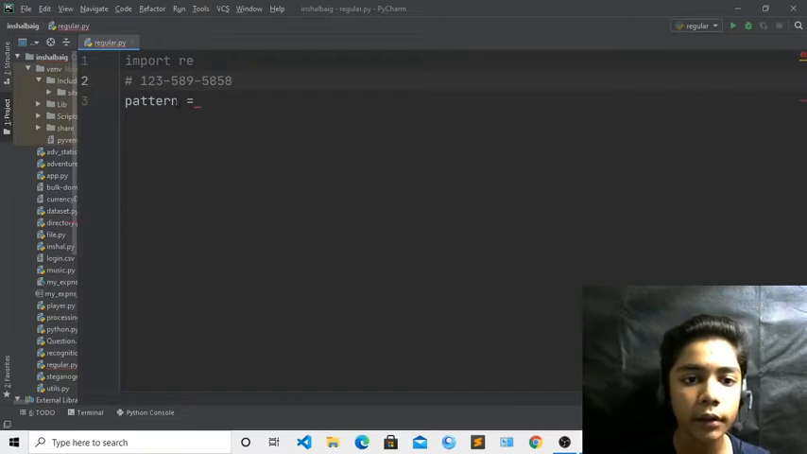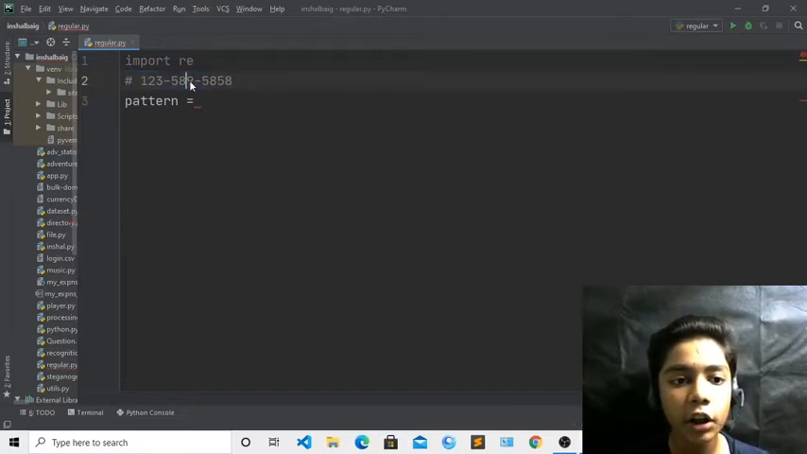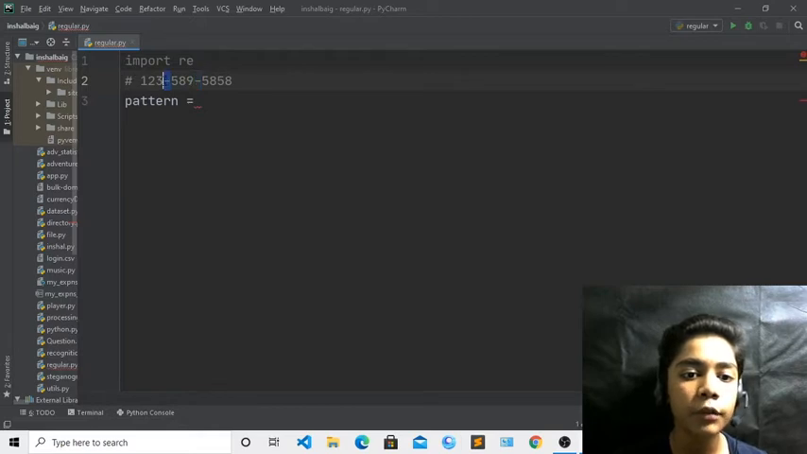But if you have written a number with dashes and your number comes without these dashes, now I will tell you what these dashes are called. These are hyphens. In Python these dashes are called hyphens. So we have to remove these hyphens